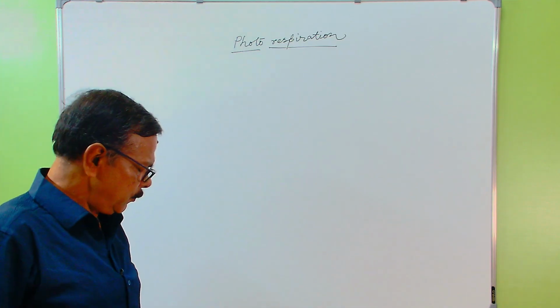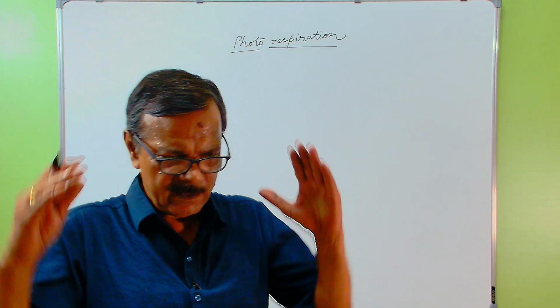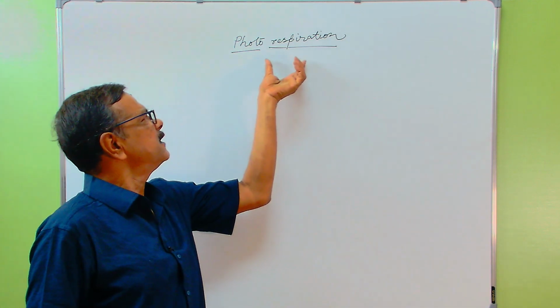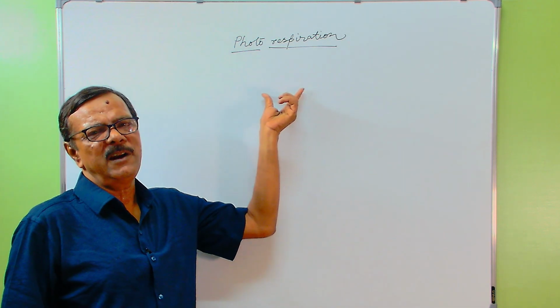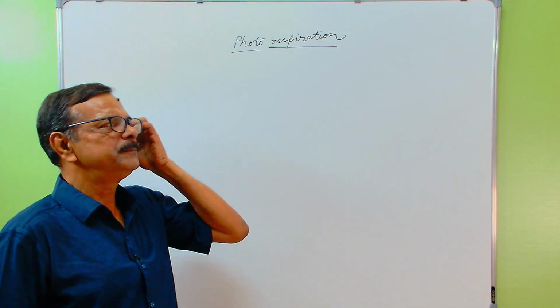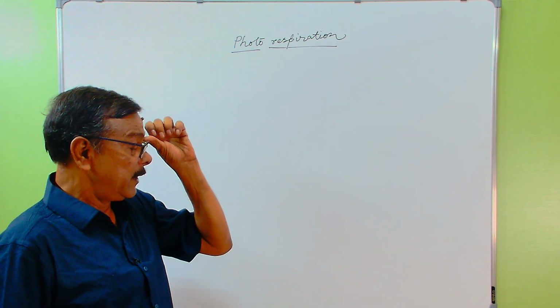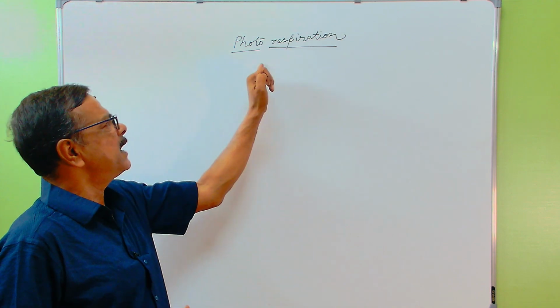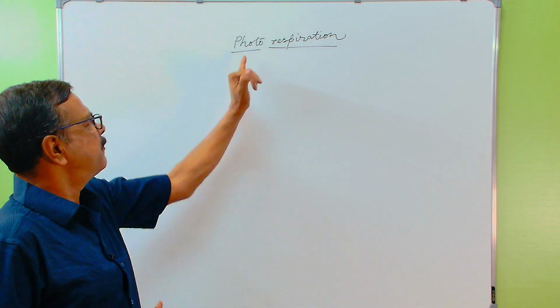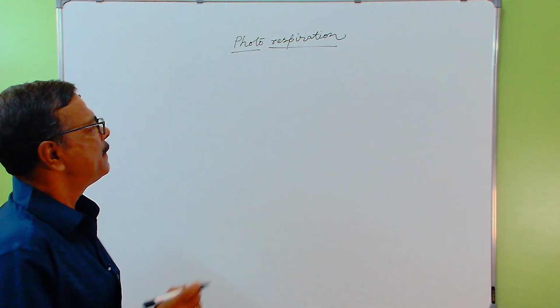So there are two words inserted in single. Photosynthesis plus respiration jointly forms photorespiration. Why will we read this? We will read it because something is related to photo and something is related to respiration. What is that? In photosynthesis, what we have seen is that